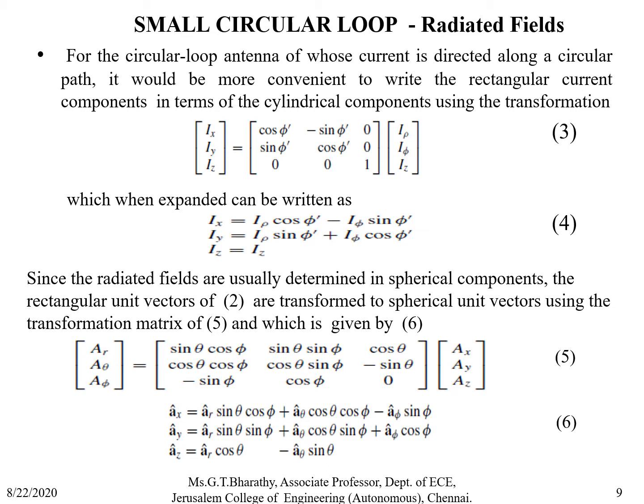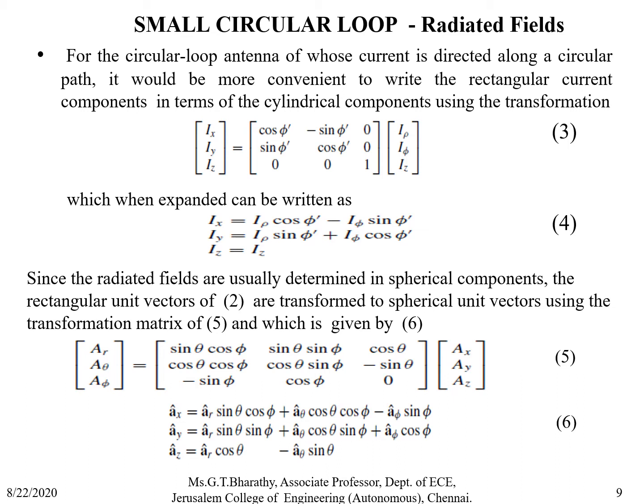Since the radiated fields are usually determined in spherical coordinates, as we have seen in all the previous derivations, the expressions are represented in terms of spherical components. So what we are going to do here is convert the rectangular unit vectors into spherical unit vectors. That is, the rectangular unit vectors a x, a y and a z are represented in terms of a r, a theta and a phi, which are the spherical unit vectors, using the matrix formation of equation 5, using which we get